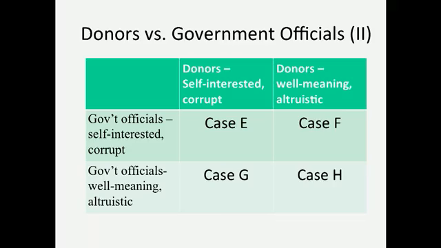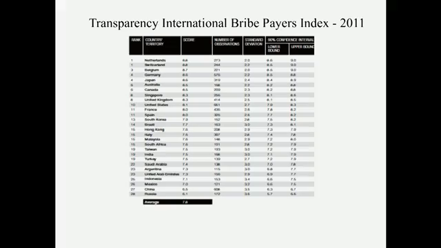For example, if a bribe is paid, someone has to pay the bribe and someone has to receive it. So if corruption is high, donors and contractors from industrialized countries are often a party to such transactions. This next table shows Transparency International's Bribe Payers Index. Officials and contractors in the Netherlands, Switzerland, Belgium, and Germany are perceived to be the least willing or least likely to pay a bribe. On the other hand, at the bottom of the table, officials and contractors in Russia, China, Mexico, and Indonesia are perceived to be the most likely to pay bribes.